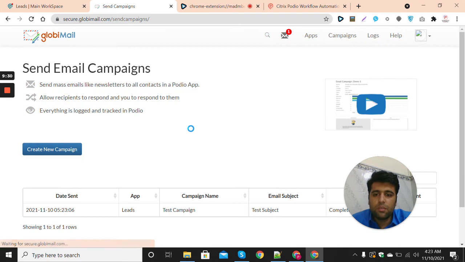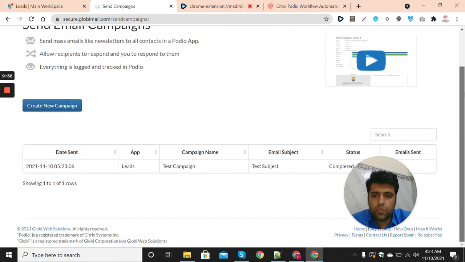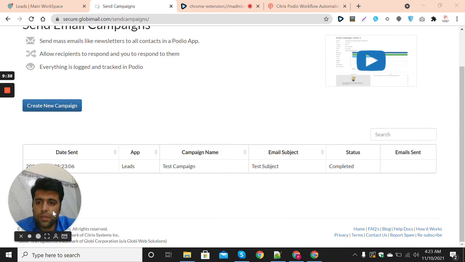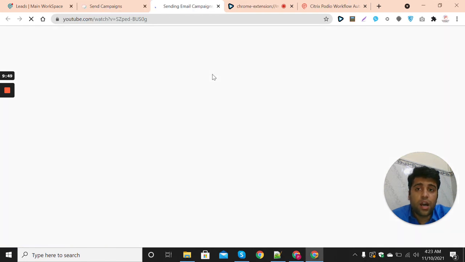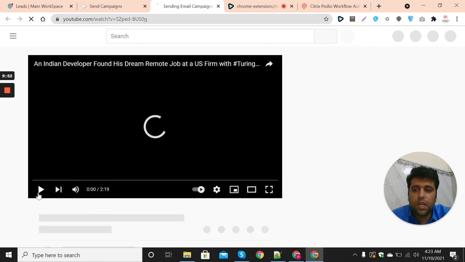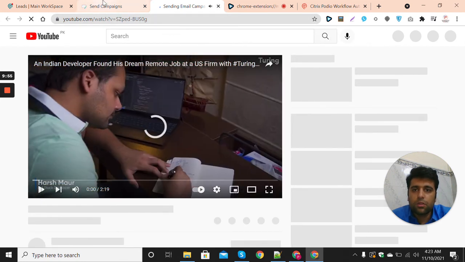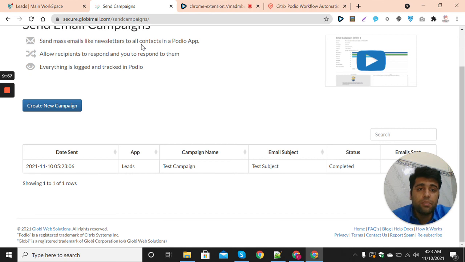Once it is selected, this email will be delivered to the relevant emails. So this will be scheduled, and then it will be sent to all the people. Once it is sent, then relevant KPIs will also build up like this, which are showing here, and these are in higher plans. From that detail you can see how many emails were sent, how many emails failed to send, how many emails were opened, and how many emails were clicked. All these stats will be shown to you in higher plans.